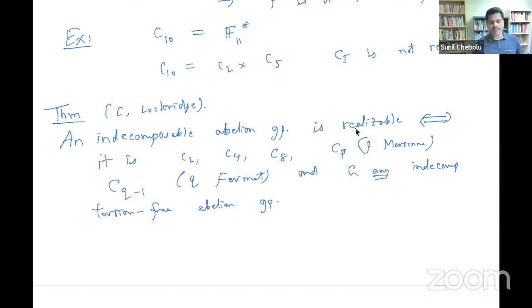So this is a full classification of all indecomposable abelian groups that are realizable as group of units of some